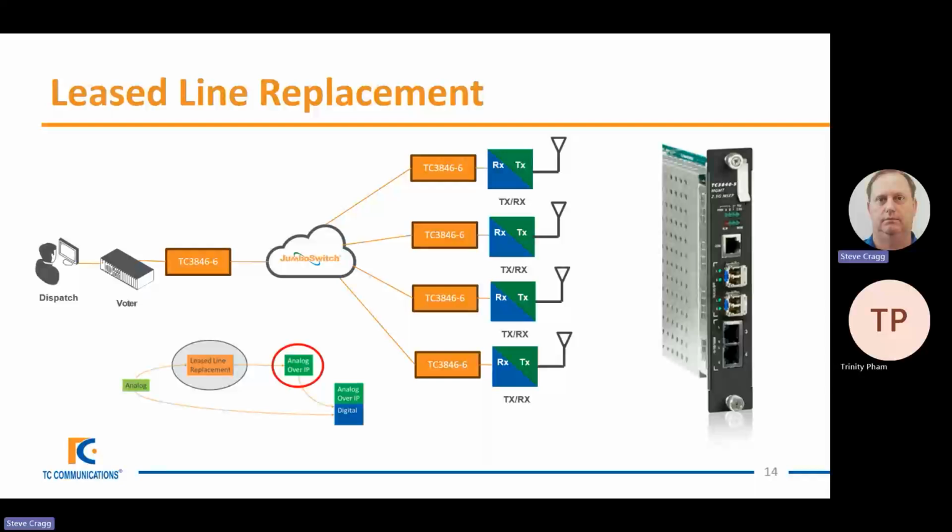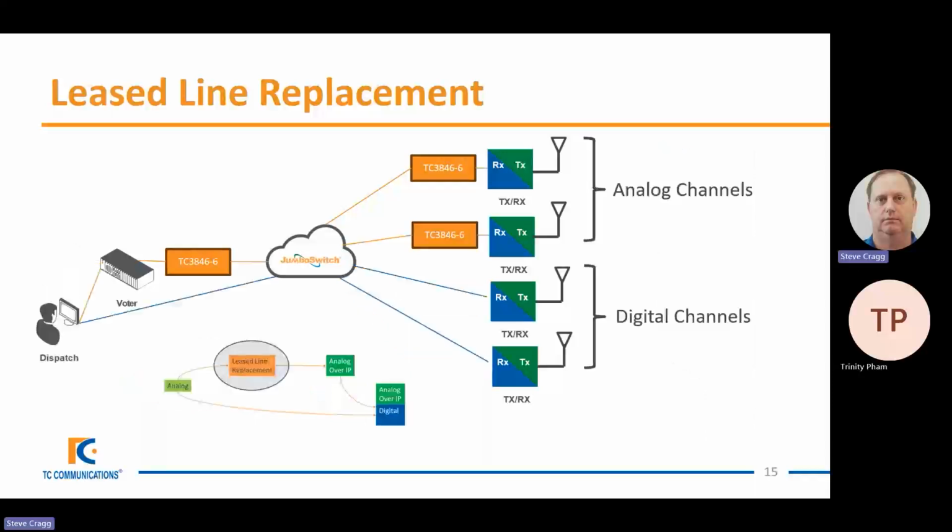However, of course, once you have the IP network in and you start to roll out your digital one, what typically happens is you take away some of the analog channels and replace those with digital channels. And what we're going to show is that here. So what we've done in this diagram is we have removed the bottom two analog channels for illustrative purposes, and we've replaced those with digital channels. Now, typically in most scenarios, you actually replace more digital channels than analog channels, but bear with me on this one.